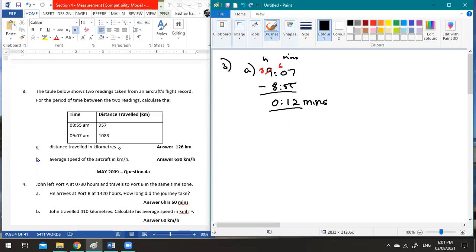Now, then we have to find what's the distance traveled. Now the distance would be 1083 subtract 957. This is regular subtraction. Borrow 1 from the 8 to get 7. Be 13. 13 minus 7 is 6. 7 minus 5 is 2. Borrow 1 from the 1 because we have 1 here. So this is 10. 10 minus 9 is 1. So it's 126